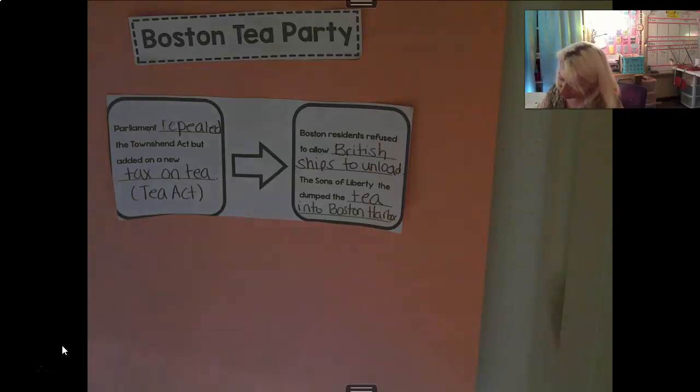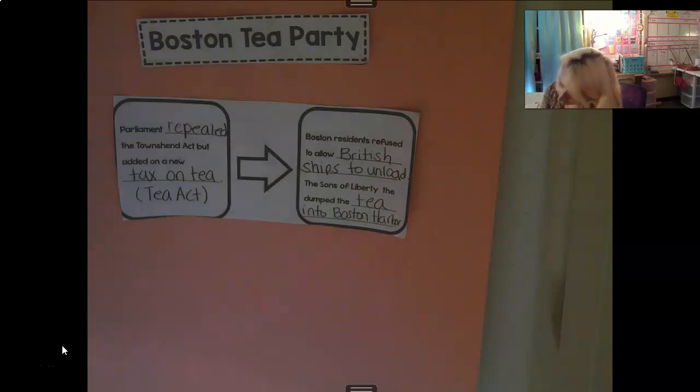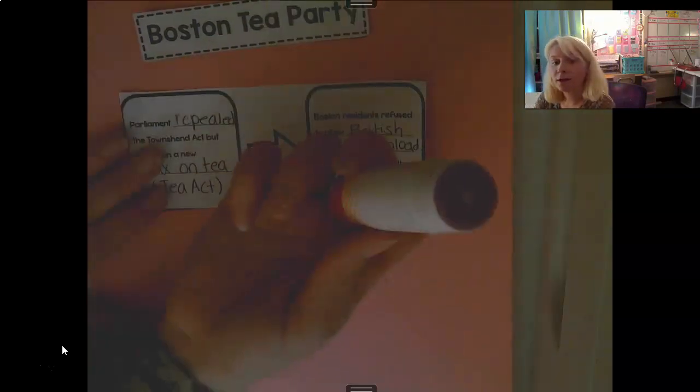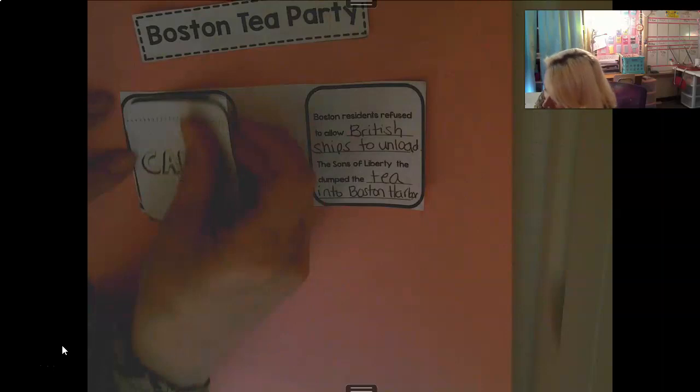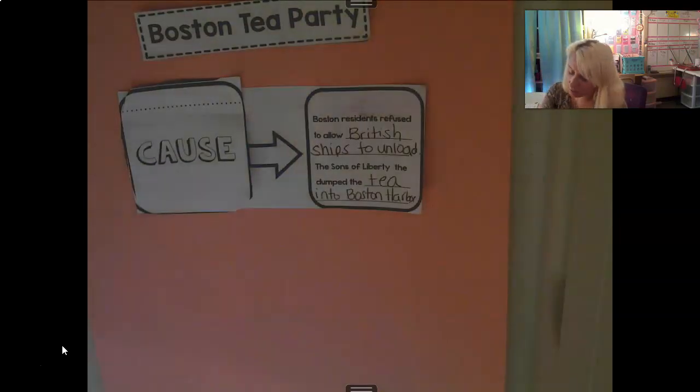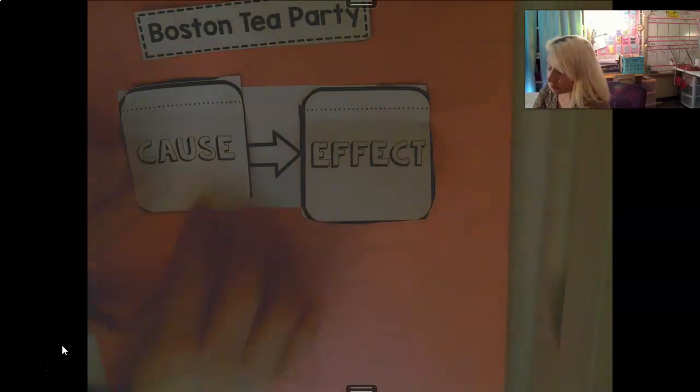Alright, now I'm going to glue. My glue is getting very worn. I'm going to glue my cause down. Make sure I grab my cause tab. Just put the glue right above the words there. And so I'll be able to lift up and read my cause. And the same for effect. Dab of glue. Effect flap. And I can lift up my effect flap and see what led to what here.